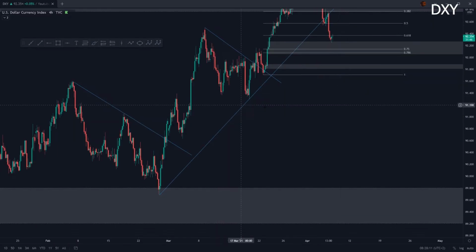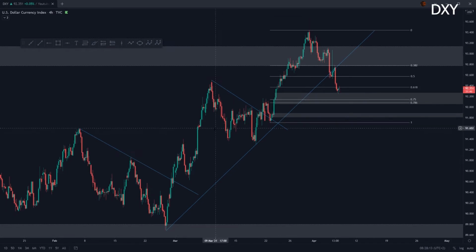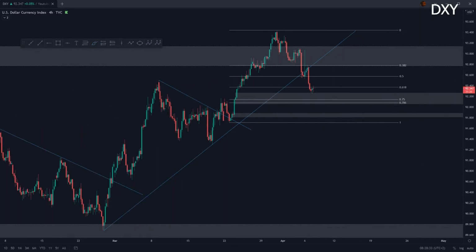So why could this be a major fake out on the ascending trend line? Well, as we can see, we still haven't broken structure. Why haven't we broken structure? Because we haven't broken this major swing low over here. Until we break this low, we could still see more upside moves. However, we have broken the trend line, so I am to some extent pretty bearish. We're currently situated at the 618 Fibonacci level, so it could be that we're going to start seeing some impulses towards the upside.